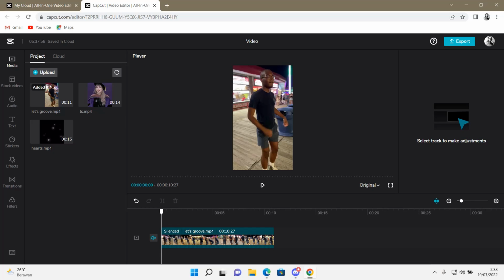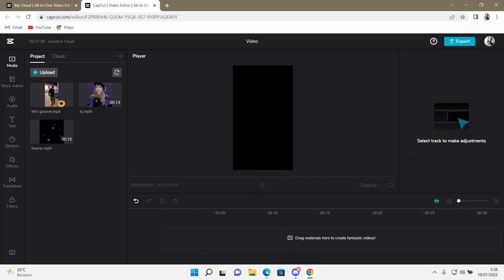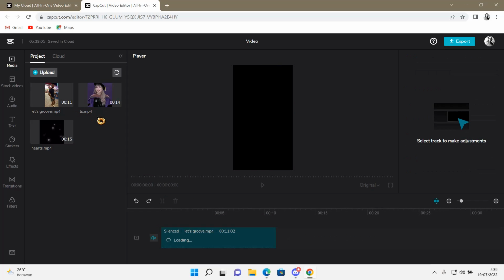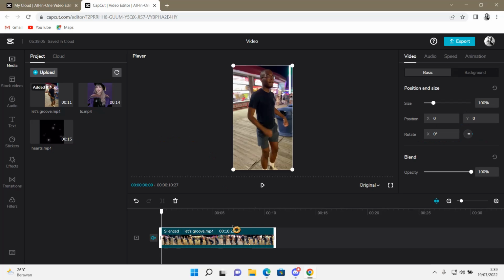In this video I will be showing you guys how you can create a slow motion video on CapCut browser. So I have already added my video, and to add it, for instance, if you don't know, I'm just going to delete it. You can either just drag it to the bar or press the plus button here. Then select the clip to show these tabs,